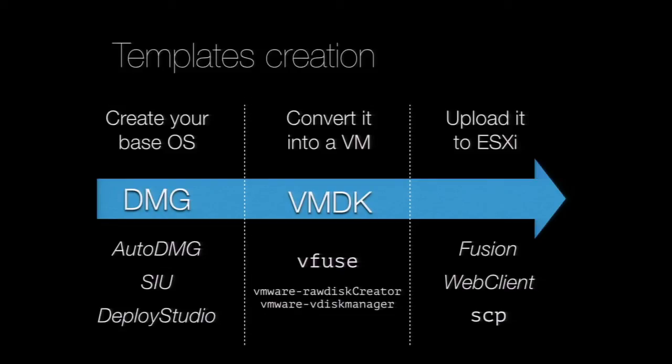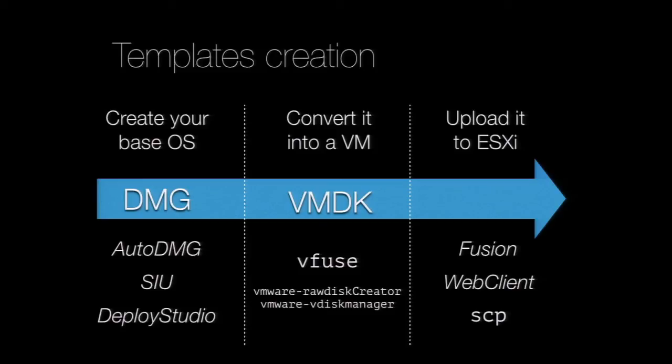Then you can convert this DMG file to a VMDK, a VMware disk image. The base command lines for that are built into VMware. So if you have VMware Fusion on your disk, you can do it with VMware Rawdisk Creator and VMware Disk Manager. This is a bit tricky, and someone called